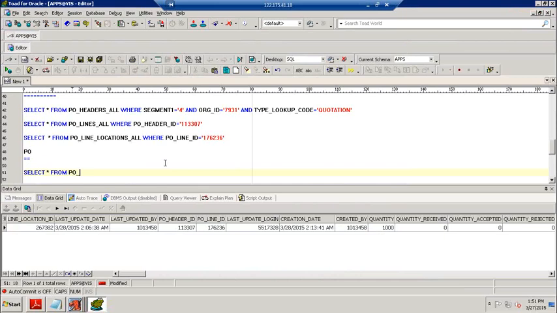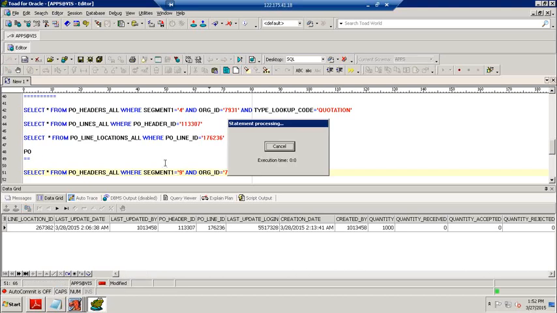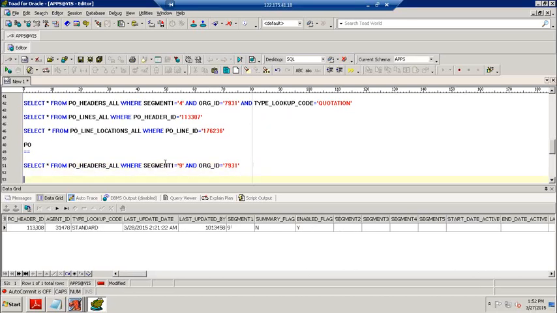Same tables, PO headers all, where segment 1 equal to 9 and org ID equal to 7931. This is our operating unit, right?